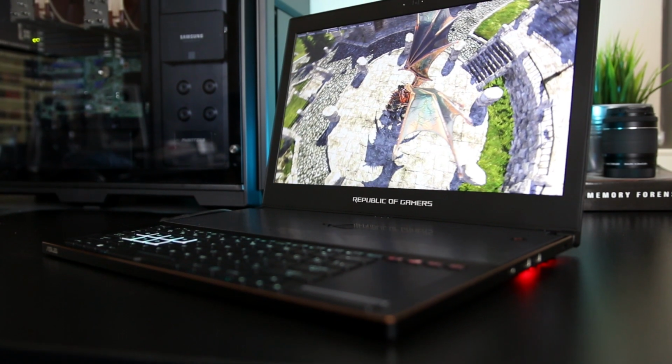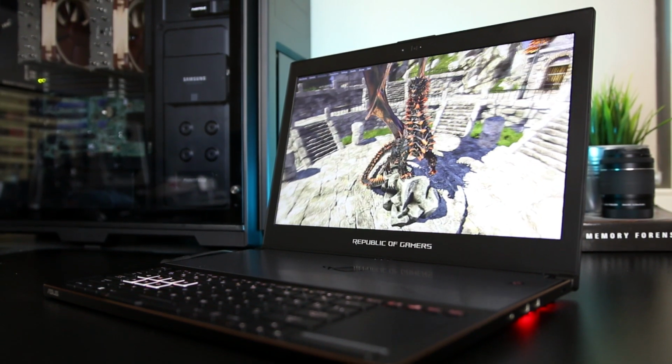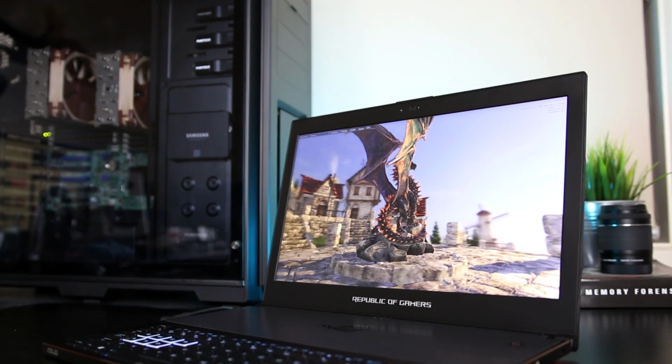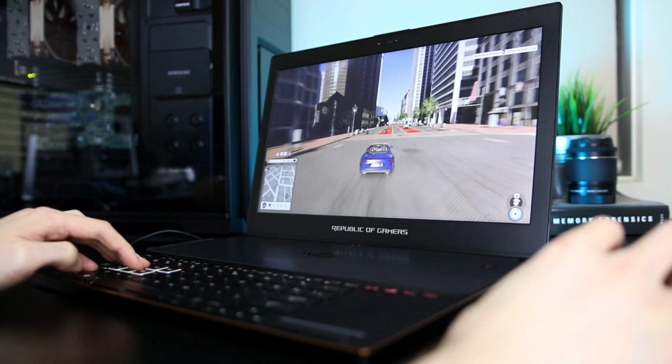As mentioned, the screen is a 1080p panel, which I personally prefer at the 15-inch size. It's also got a 120Hz refresh rate, which is perfect as we can take advantage of the serious graphics horsepower inside. As mentioned, we've got an Nvidia 1080 here, but with the newer Max-Q version, which performs somewhere between a